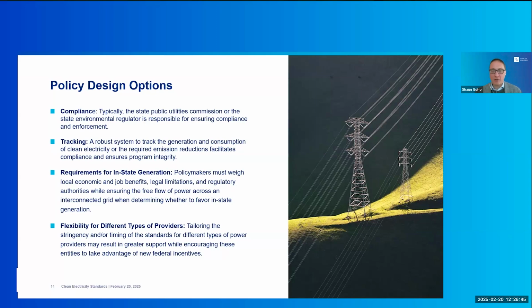It's not one thing. We've certainly seen in some states that the rural co-ops and municipal providers are given a bit of extra time to hit the targets compared to the investor-owned utilities. So that's the kind of flexibility that could be introduced to ensure buy-in from all regulated utilities. We have also seen some cases where certain utilities are carved out from the requirements, for example, that they might apply only to investor-owned utilities. So there's flexibility there in determining the exact scope of coverage.